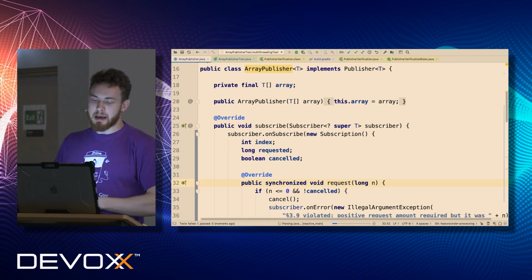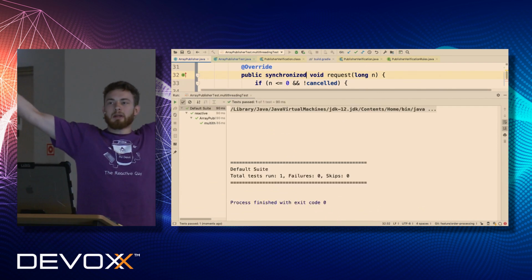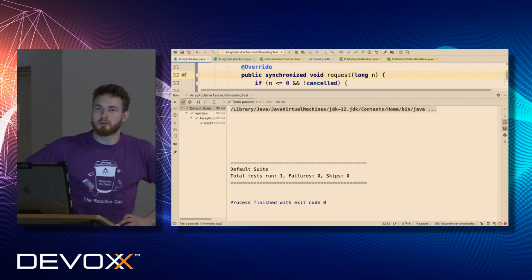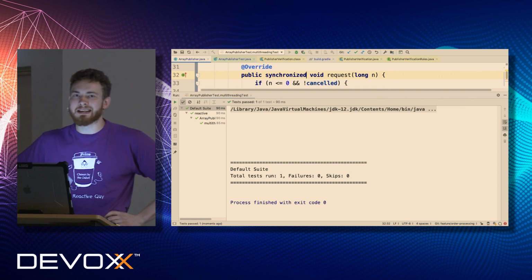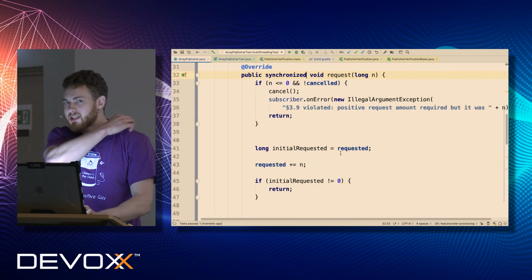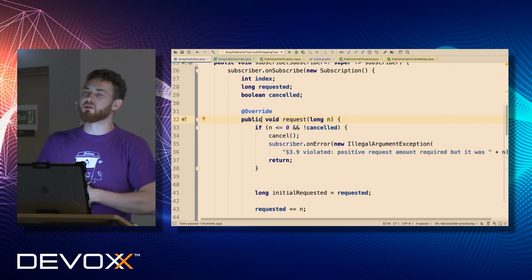If we make our request method synchronized, everything will be fine, but our thread will be blocked. This is another problem. We don't like when something is blocking, and reactive streams states that everything should be async and non-blocking, so we have to avoid this. But this is one of the solutions which allows you to make a proper implementation of publisher.